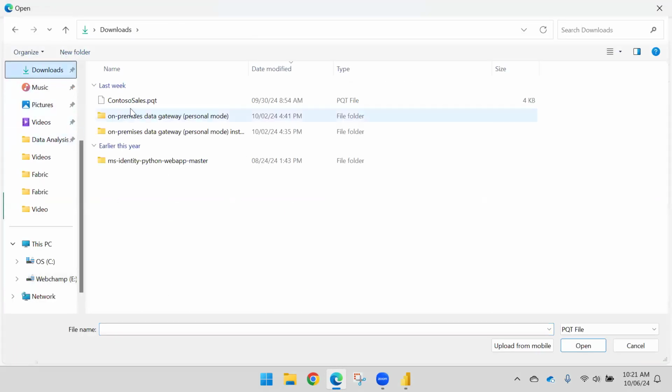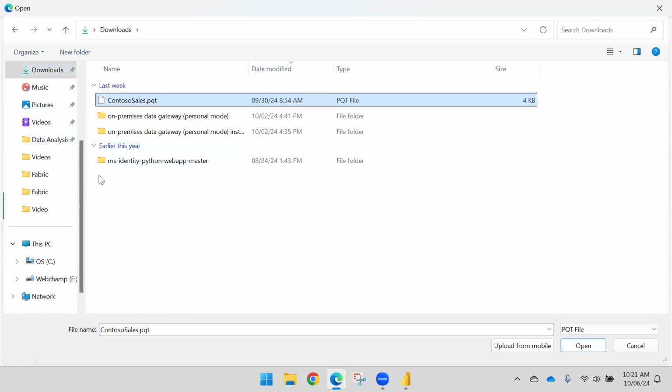Let's go to this, and this is the template file to get the sales data. This is the .pqt, meaning Power Query template. You can import this file to get the connection strings and everything. Data may be stored anywhere on the cloud. This is coming from GitHub, using the web connector, and it will pull the data. If I say open,